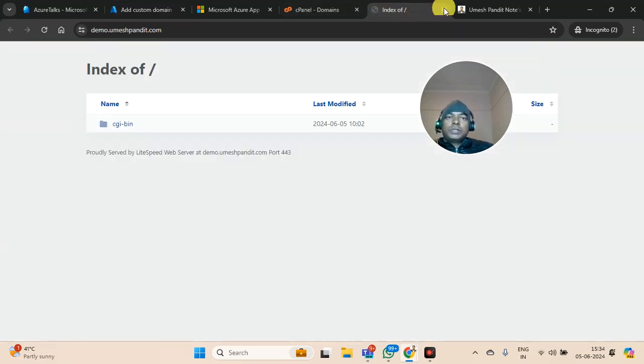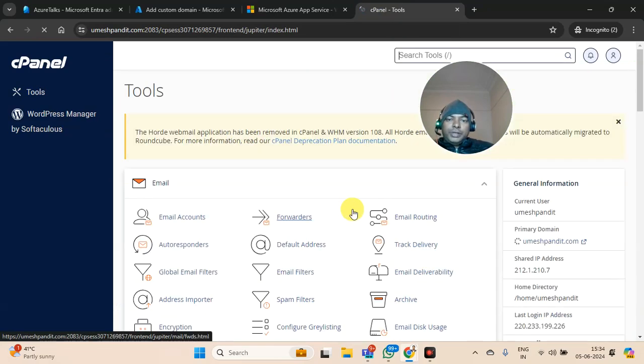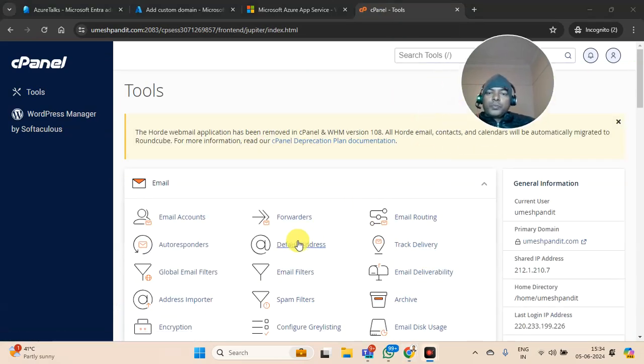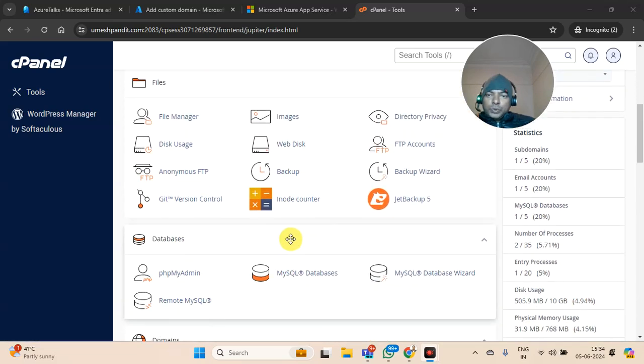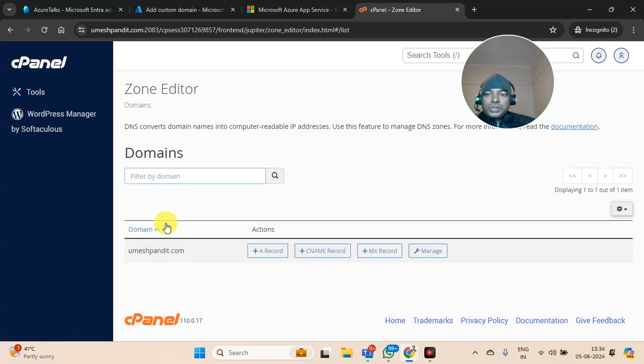So let's close this, go to the cPanel, go back to the cPanel details, the main cPanel detail. Now there will be a DNS zone. Okay, make sure that you are doing it very deliberately, taking a backup of the website, because if in any case any zone record gets deleted, your complete website may be down. Very cautiously you need to do it. Okay, so